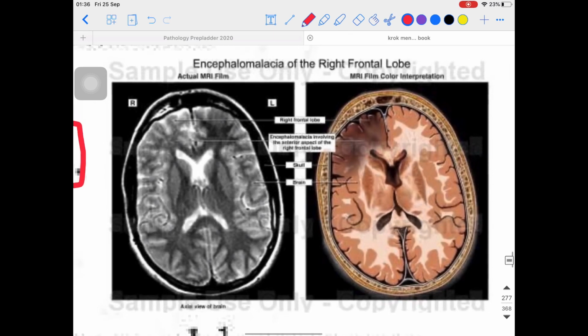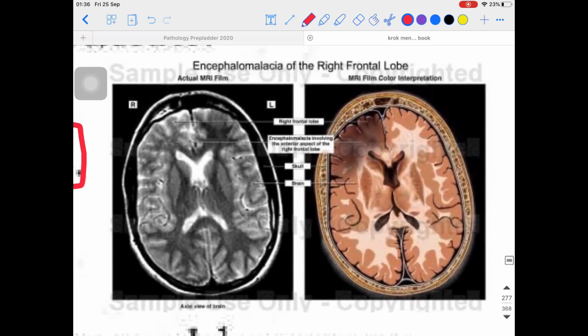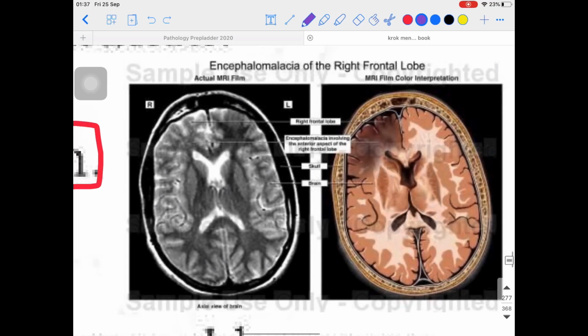So look on the right side, you can see the gross image, and in this portion you can see the infarcted tissue. Why is it having the infarction? Very easy to understand: the internal carotid artery was having the thrombus or the atherosclerosis process, and due to that there was the infarction over here, and we can say encephalomalacia, right? That fancy term over here.